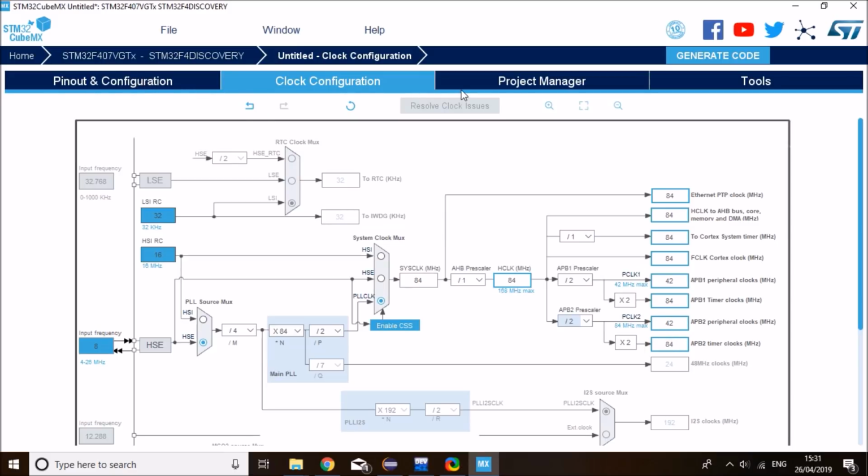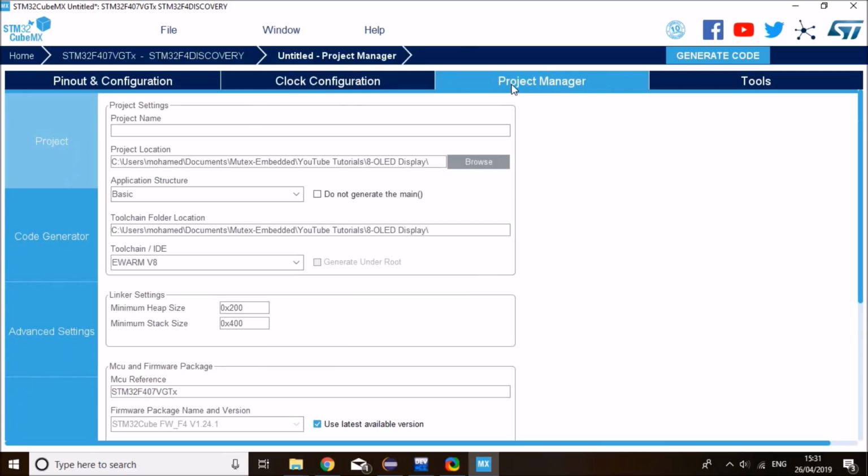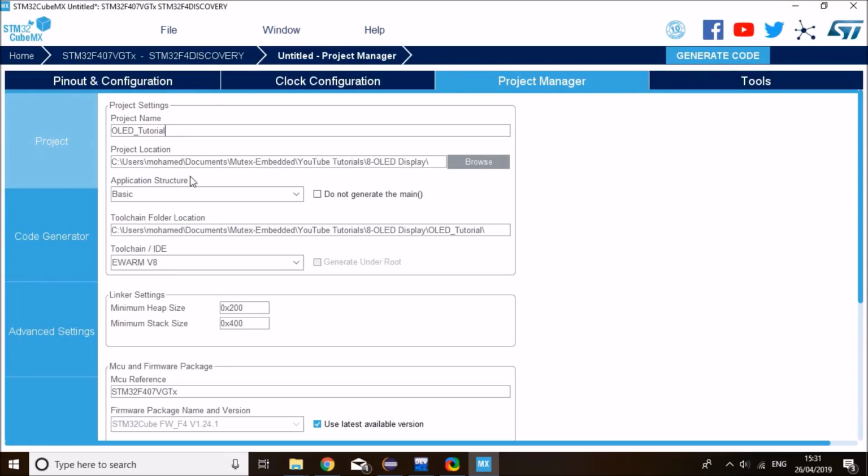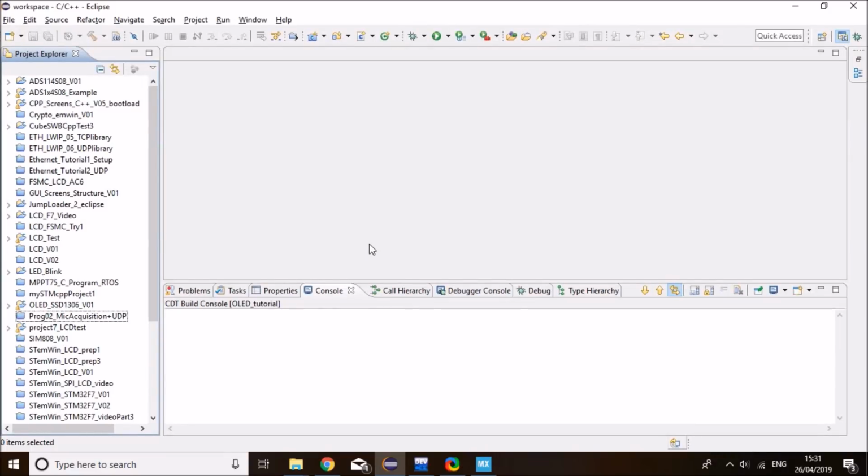So let's go to the project manager tab so that we generate our CubeMX project. The first thing we need to do here is to select the project path. I'd like to store it in this location in my OLED display folder, and I'm gonna call the project OLED tutorial, and be very careful here when using System Workbench for STM32, because that's what we're going to use as an IDE. I'm not going to use Keil. I like to use this one when using C++, as it's got a very nice way of converting to a C++